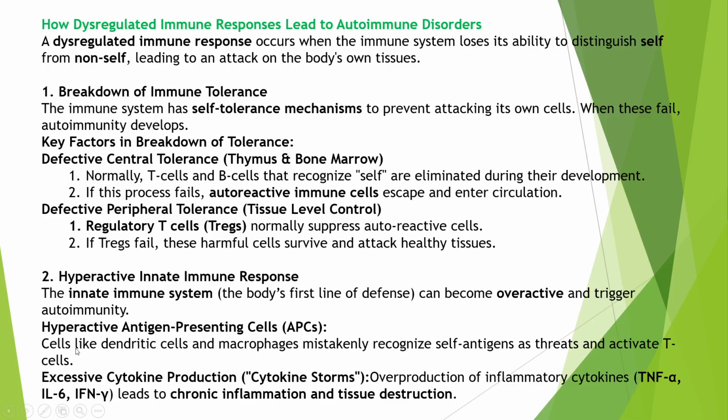So if the cell that is supposed to present an antigen is not able to tell a self peptide from an antigen, and presents a region that is identical to a self peptide,